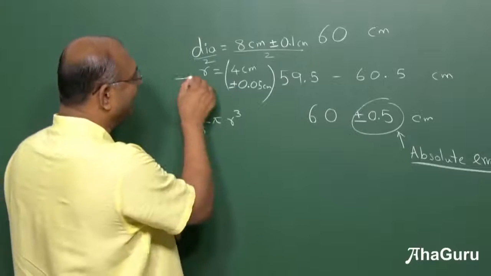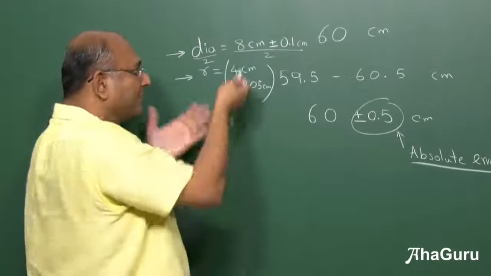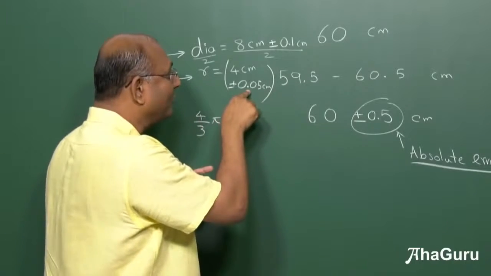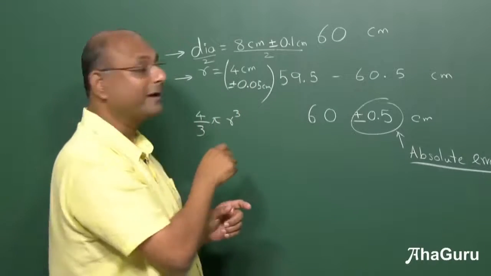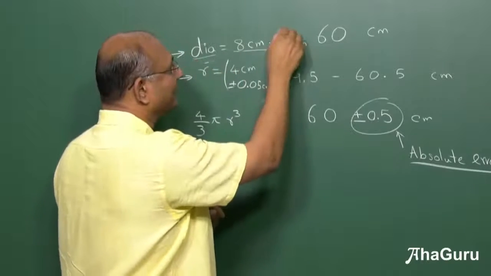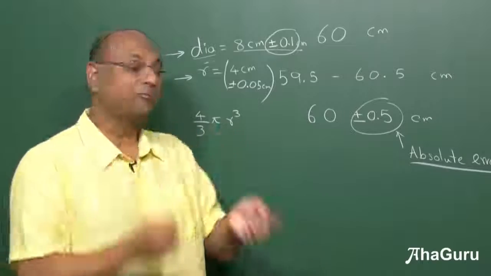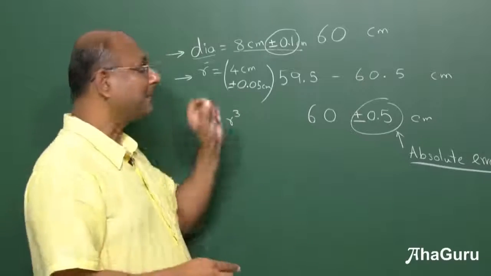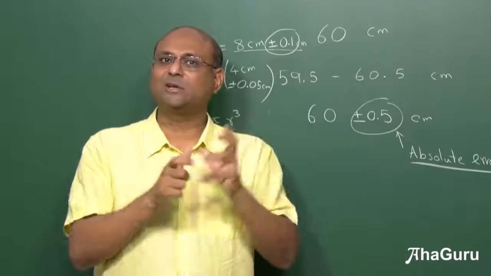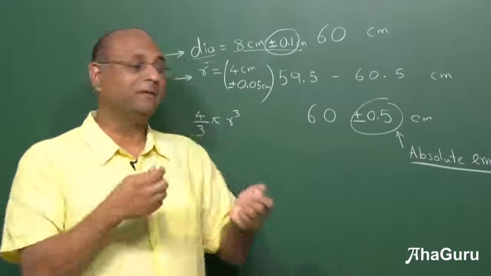Is this more error or is this more error? Actually, they are both the same level of error. This looks smaller. Absolute error is less than 0.1. So if I remove the by 2, you can see the absolute error for this is 0.1. The absolute error for this is 0.05. So this looks smaller. But that's not a good idea because it's the same error. The error really in some sense is not changed. So instead of talking about absolute error, we also talk about relative error.